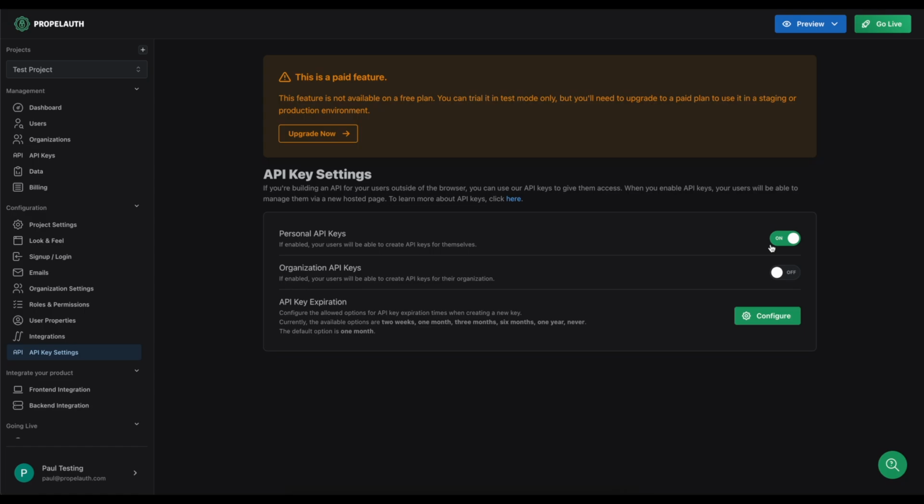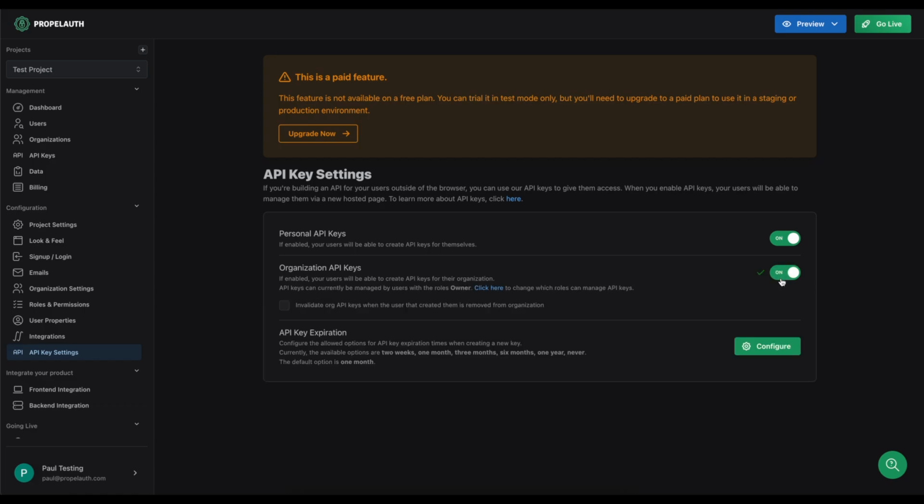keys. On the other hand, organization API keys are tied to the organization as well as the user who created them. Enabling this setting will allow users with certain roles in an application to create and delete API keys. If you're wanting to limit who can create and manage API keys in your app, org API keys are for